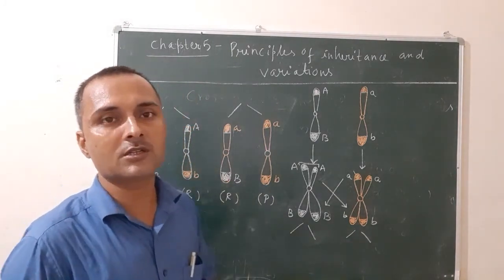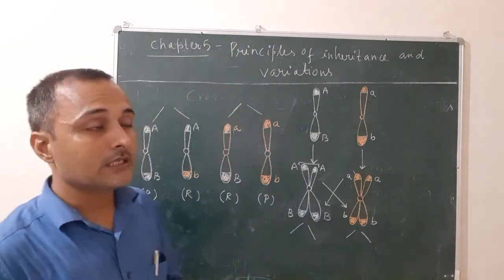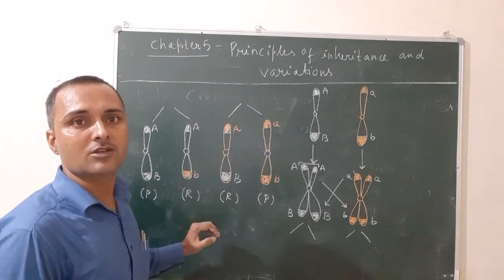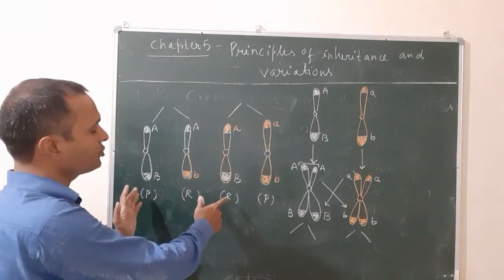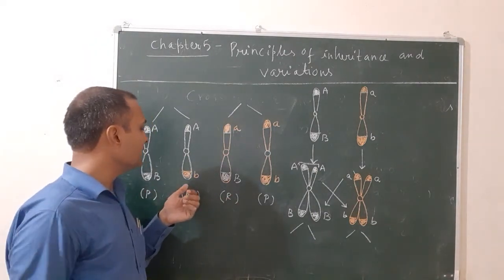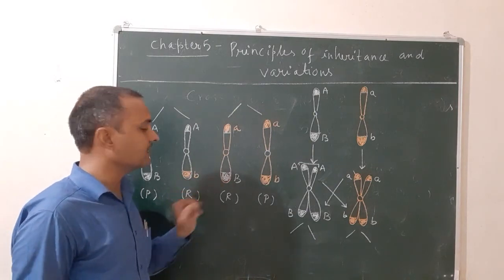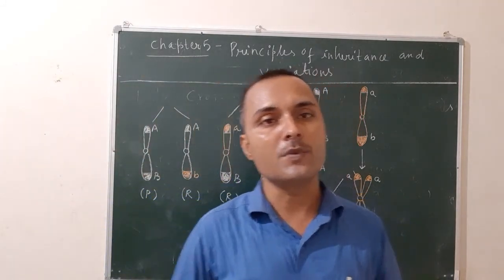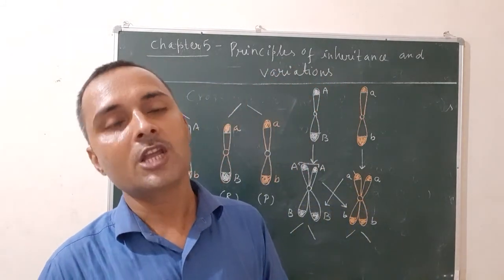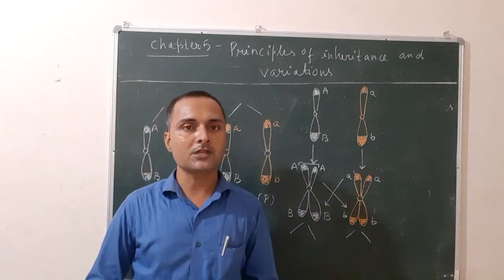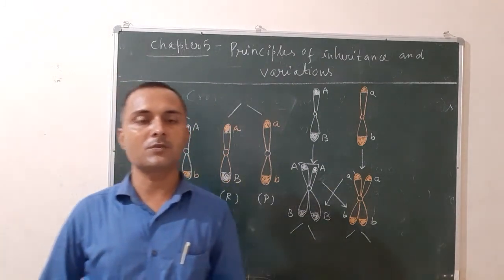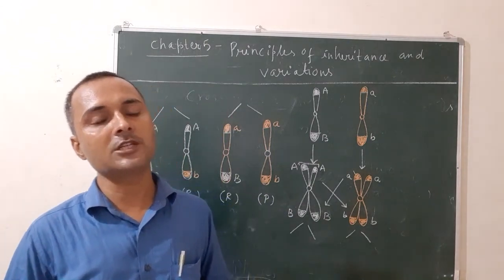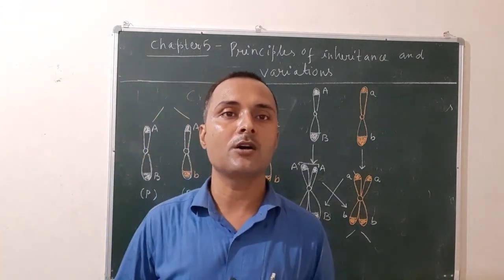And what do you mean by the term recombination? The generation of new combinations is known as recombination. You can see that out of 4 chromosomes after crossing over, recombination is shown by the second and third. So what is recombination? The generation of new combinations. And what is crossing over? The process of exchange of genes between the non-sister chromatids of the chromosomes. It takes place in the pachytene stage of meiosis.